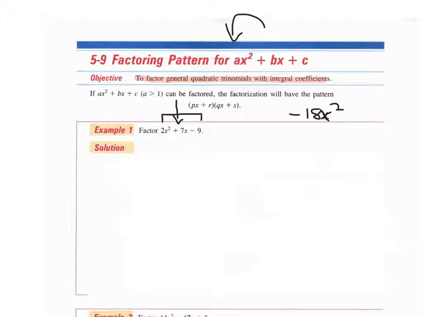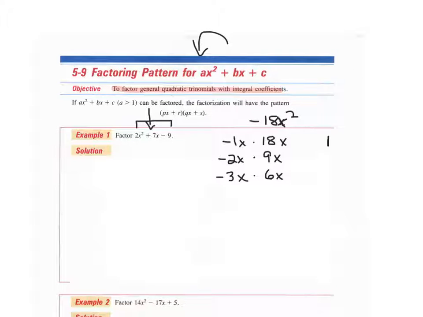Because technically, when I list the factors of -18, I could multiply -1x times +18x, or I could do -2x times 9x. I could do -3x times +6x. And that would be it that way. But then remember, you can also do +1x times -18x, +2x times -9x,